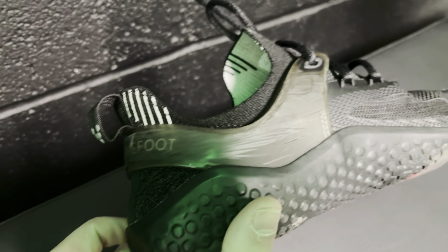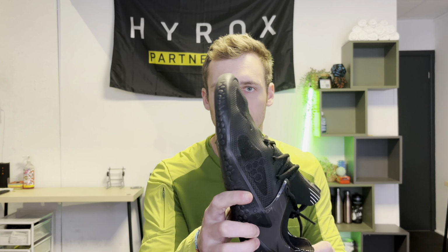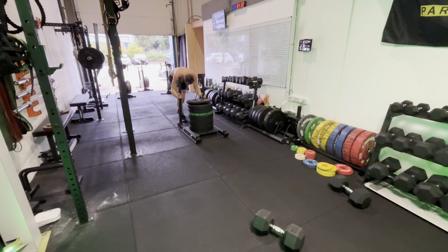I've worn them so much on an abrasive surface. I've done a lot of training in them, and you can just see it's the rubber wearing. It's not the fact that it's poor construction or poor materials. I've been on an abrasive surface and it's just worn down over time, and then I'm doing a very heavy load on them and putting a lot of force through them. But because the rest of the shoe is basically perfectly fine, I'm going to try and send these back to Revivo or Vivo, however you want to say it, and hopefully they can just re-sole it. These are still my favorite